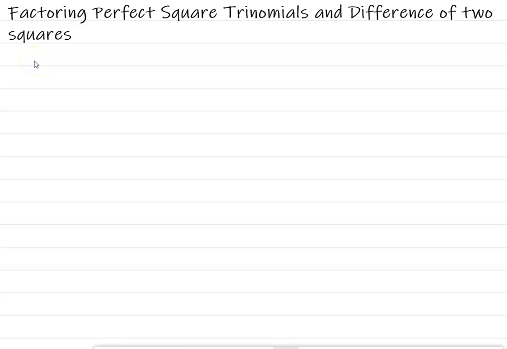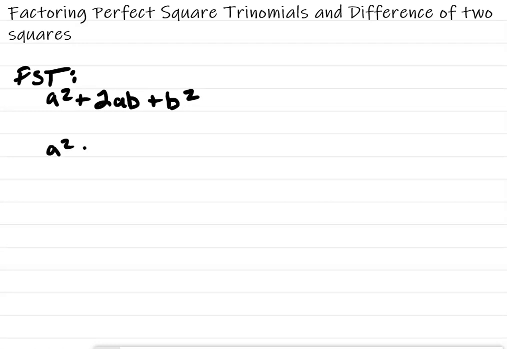Alright, so today we're talking about factoring perfect square trinomials and the difference of two squares. So a perfect square trinomial, I'll just put PST for perfect square trinomial. There's two of them. There is a squared plus 2ab plus b squared, and then there is a squared minus 2ab plus b squared. If we were to factor this out,